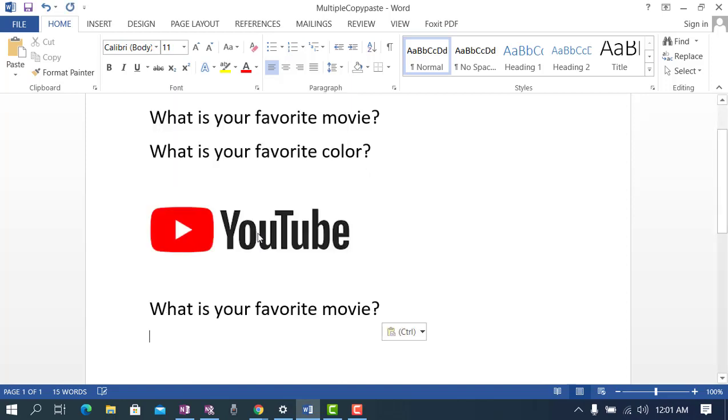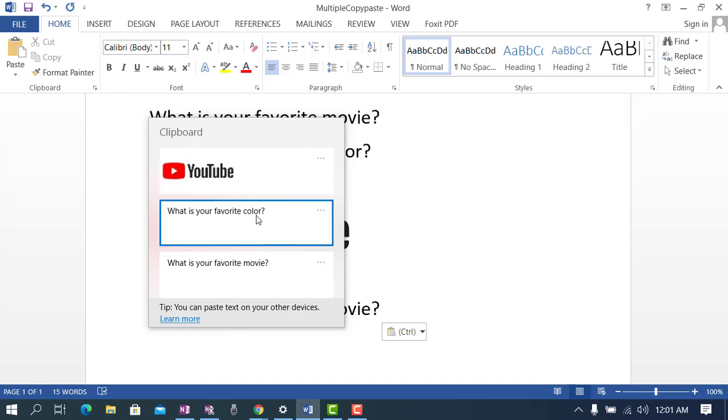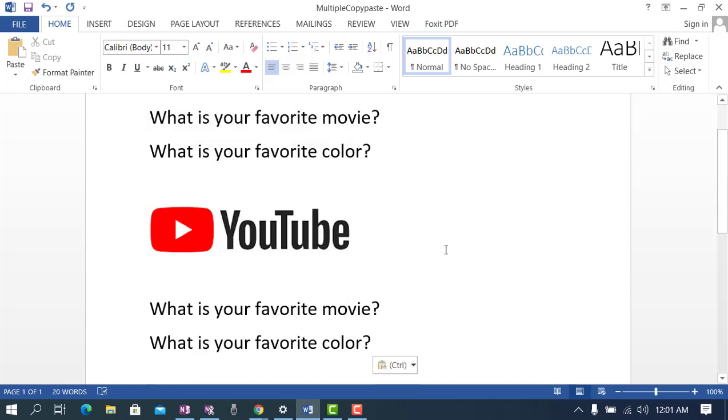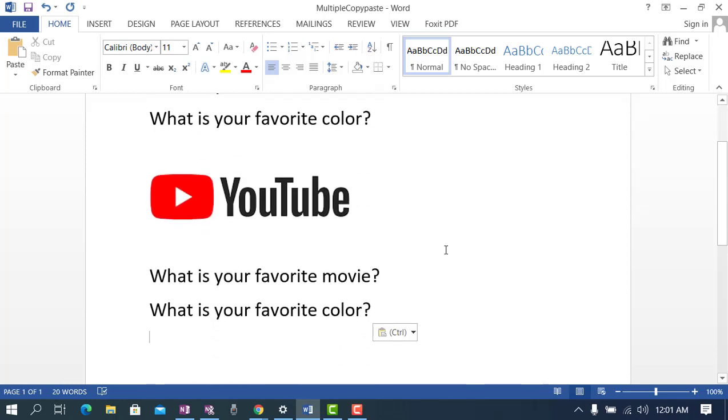We just click it, and it will paste the first line of our movie. If we want to paste the second line of our document, we simply press the Windows key along with V, and now we paste the second line as we copied. You can see this is a very brilliant feature in Windows 10 which was not present in previous versions.